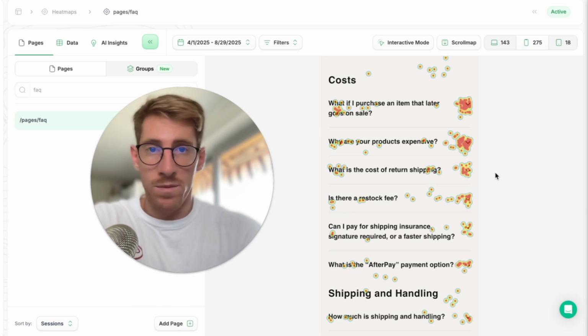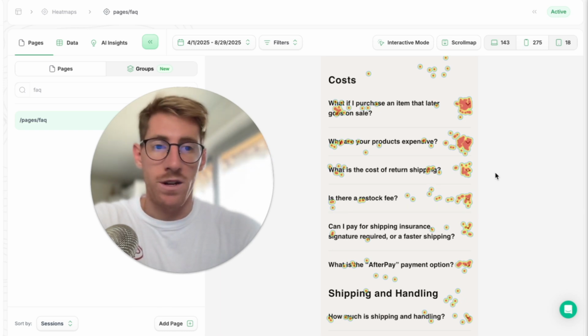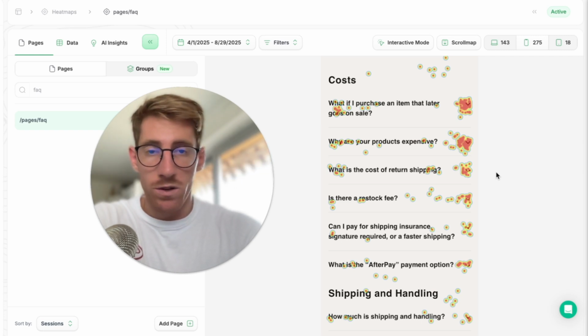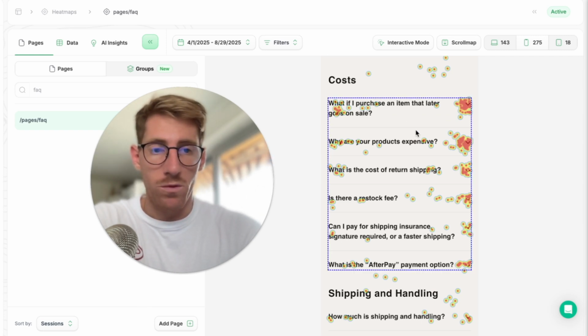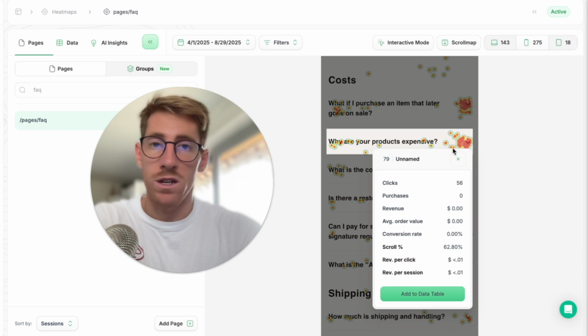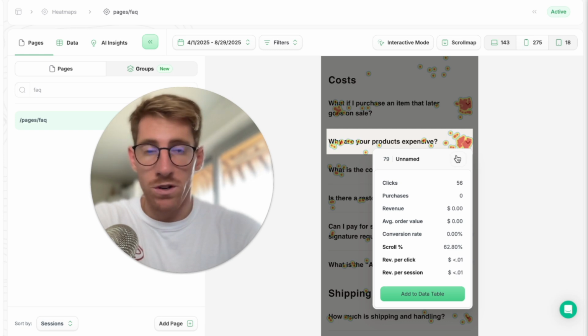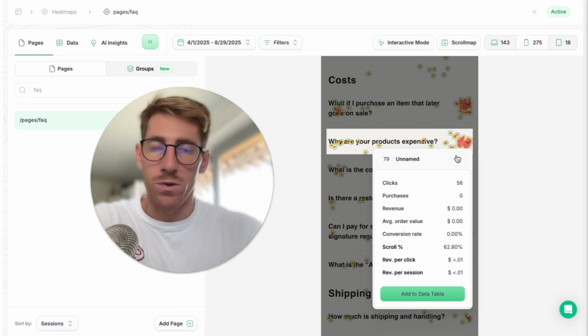Now, why is heatmap.com better than Microsoft Clarity? Well, if you were using exclusively Microsoft Clarity with this, you would think that this FAQ is the one getting the most attention, so this is what people care the most about. So maybe you would use the answer to this question on your home page, on your product page, collection page, and even in your emails, and potentially also in your ads. The problem here is that if you use exclusively Microsoft Clarity, you don't know if the answer to this question